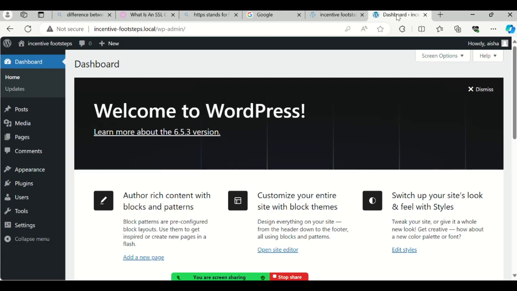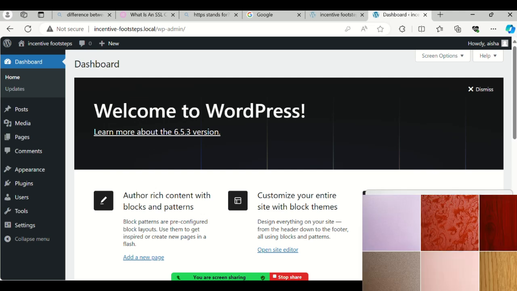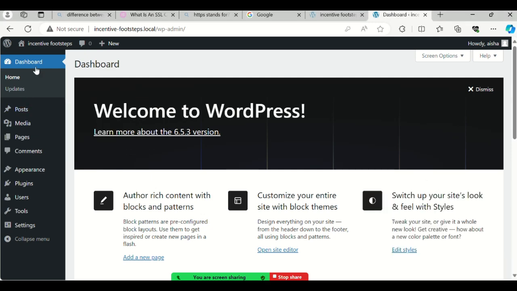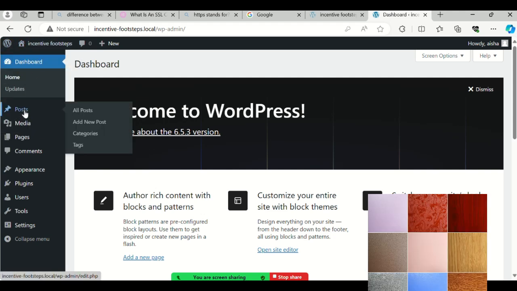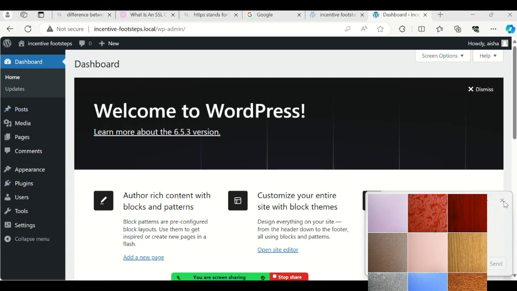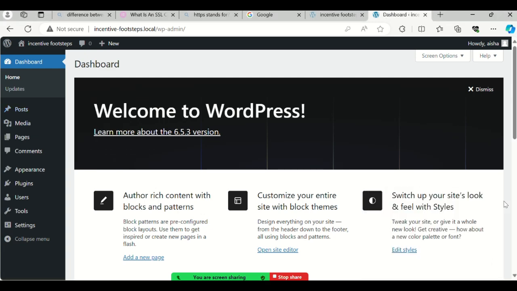So this is the main interface of the website, which we created in our previous video. This is basically the main dashboard backend. First of all, the first option is Post. On a daily basis, you are going to create posts, right? The post basically makes your website appear in Google search results. The more you post on a daily basis, the more results you will get from it, right?